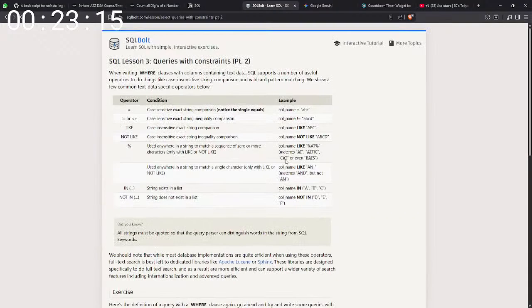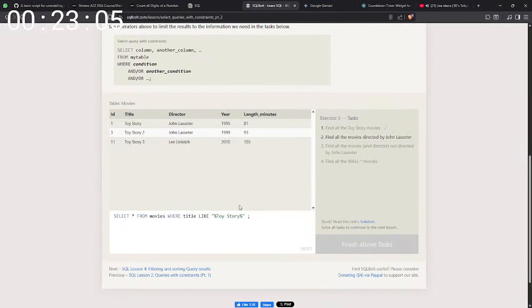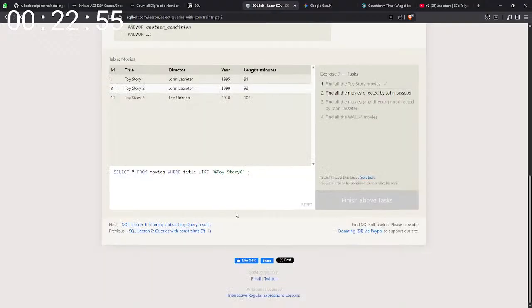It is case insensitive or sensitive. I guess it is case insensitive because